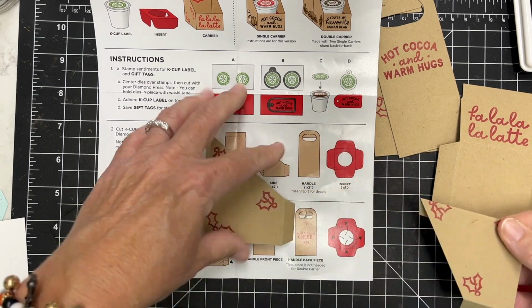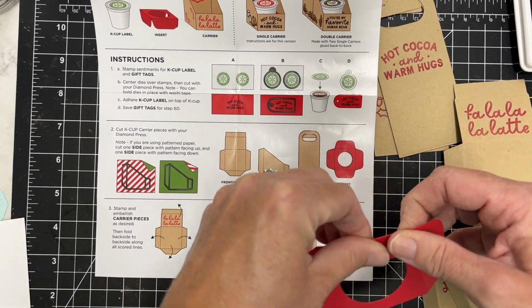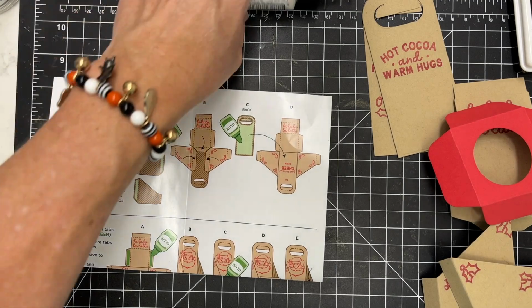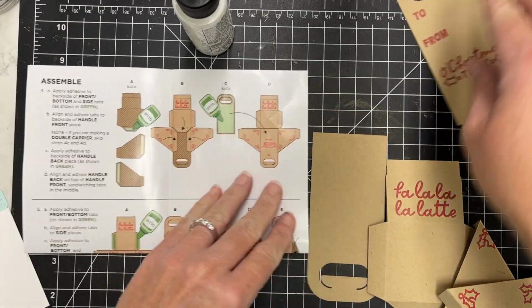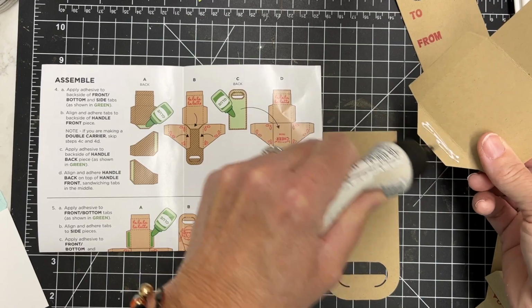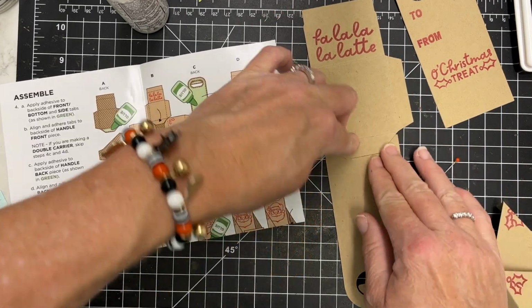Okay, so I've got everything stamped, and I've got my instructions, and I'm just going to start folding things in and then gluing them together. There's that insert that's going to go into my holder. So I'm just figuring out how to lay this down. So you're going to have the stamped side of that one panel. You will have that lying down, and then you're going to bring this stamped piece, Fa La La La Latte,